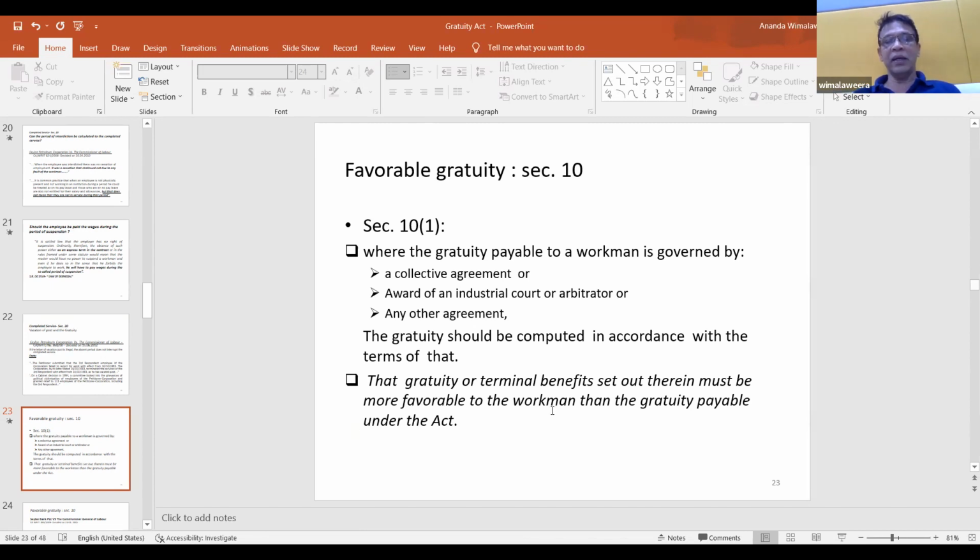What I said, that gratuity or terminal benefits set out therein must be more favorable to the workman than the gratuity payable under the Act. When you say Act, A is always capital. If you put a simple act,